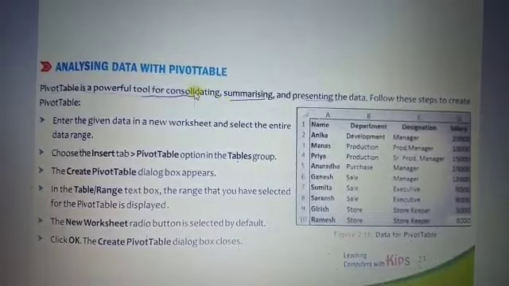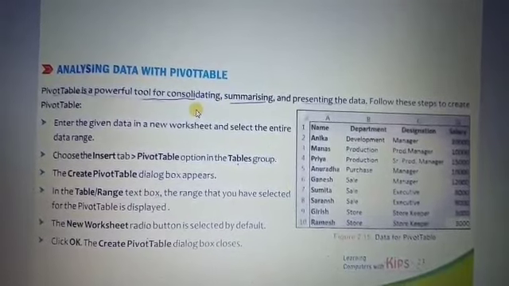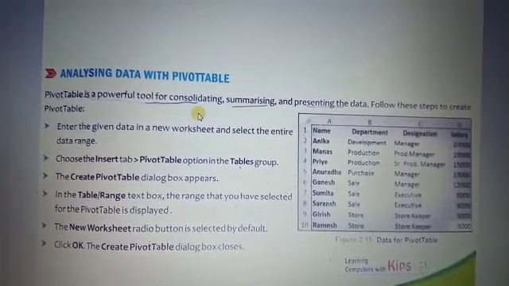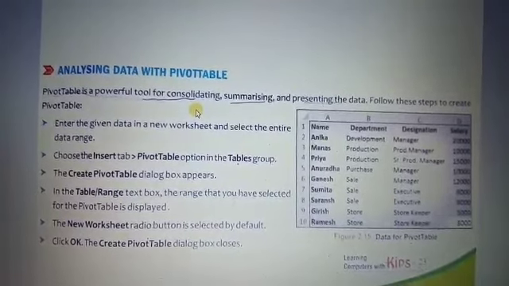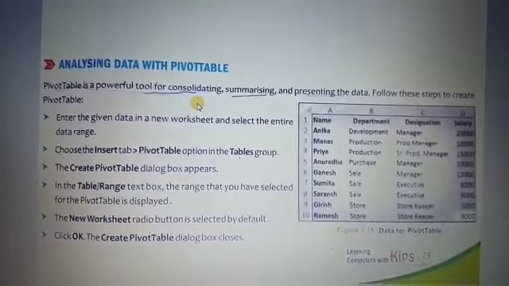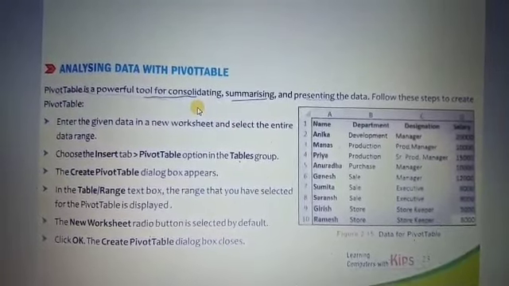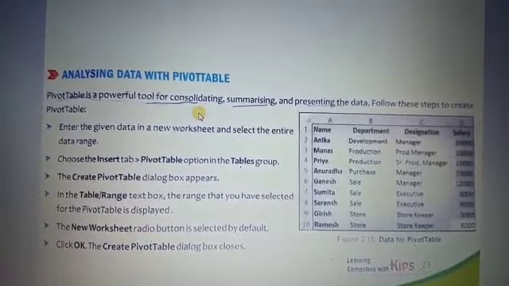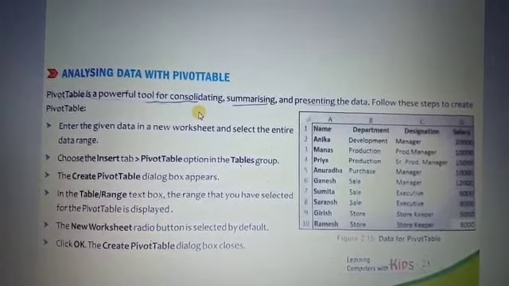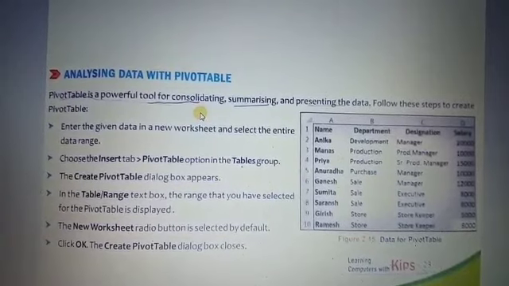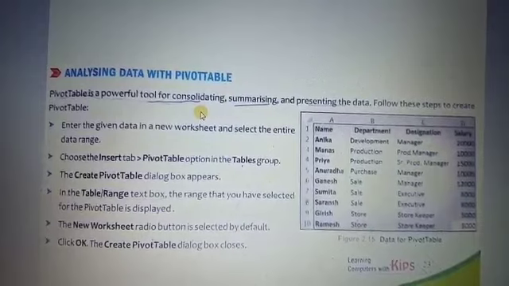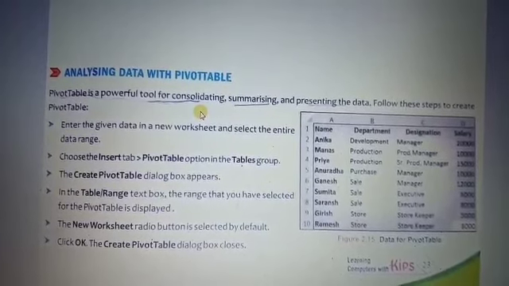What is a pivot table? We know that a pivot table is used to summarize the data. Whatever data is displayed on the Excel sheet is summarized and presented in a reporting form, which makes the analysis of data easy through the reporting format. That's why we use the pivot table option. Pivot table is an important tool of the Excel sheet.